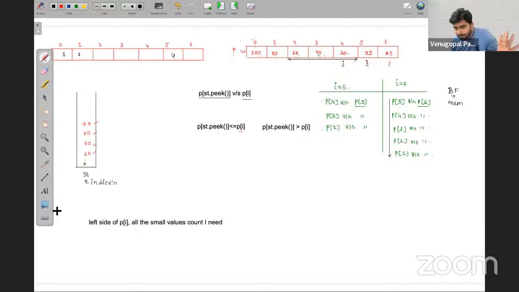In case if you keep a value which is smaller or equal to I inside a stack, then double comparison you are doing, which is in fact what we are doing in brute force. I hope you are getting it now? In brute force, why did we get extra time? Because of these unnecessary comparisons. Now all these three smaller values we have compared with 75. And again, all these small values with 85, again you have compared.